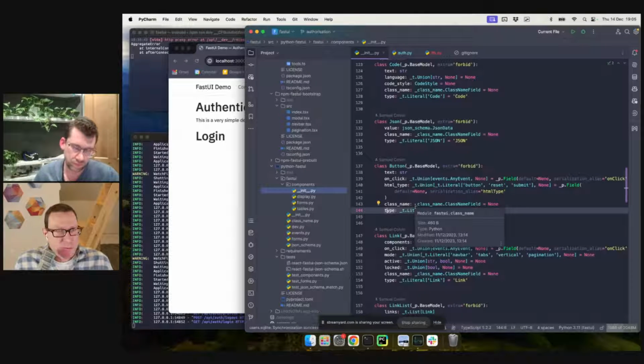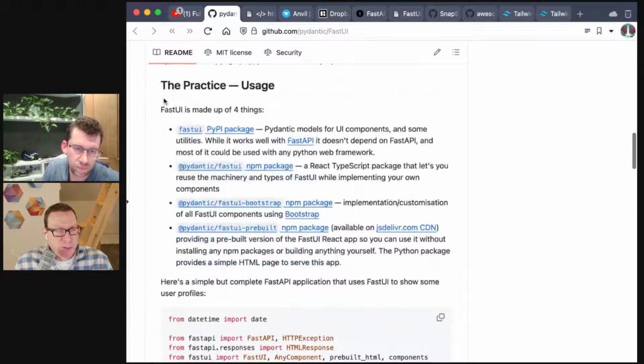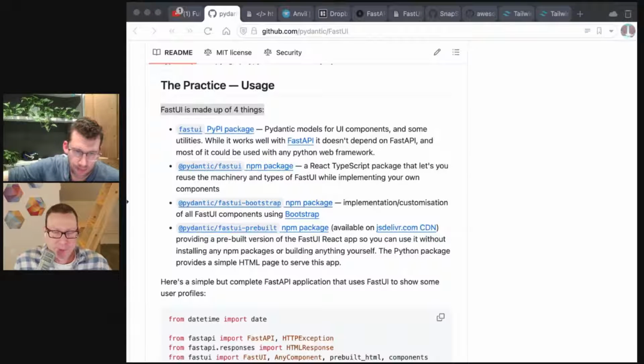Maybe it makes sense to talk a bit about the building blocks. So you say FastUI is made up of 4 things, just so people can get a sense of what's at play here. Right. So the 4 things that we have now are a PyPI package, a Python package called FastUI, which I was just showing you the types for.